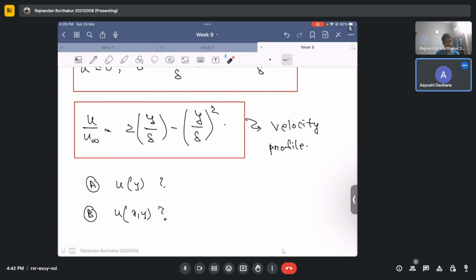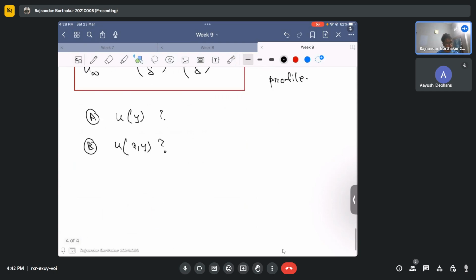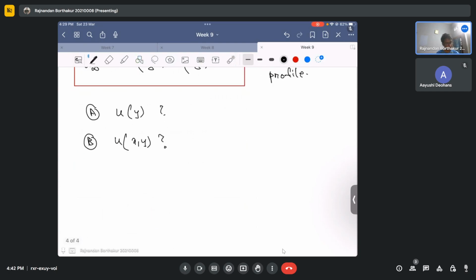Yeah, exactly. That's what I was trying to say. And delta is a function of x. Exactly. And delta is indirectly a function of x, which means actually your u is a function of x and y. So in this spirit, before moving forward, if you remember your boundary layer equations, your simplified boundary layer equations